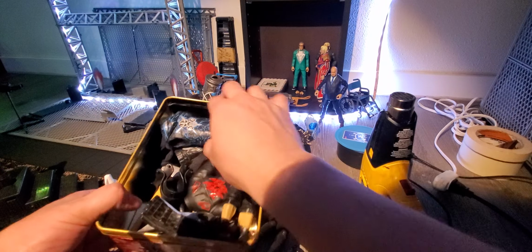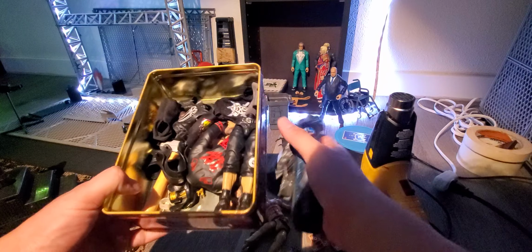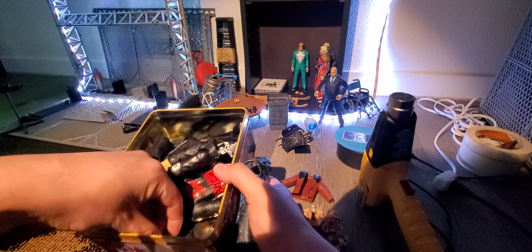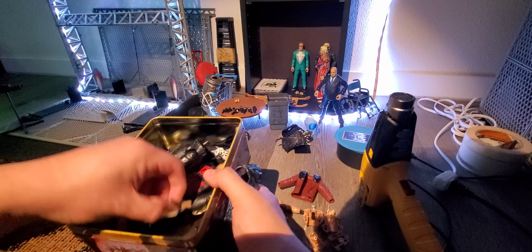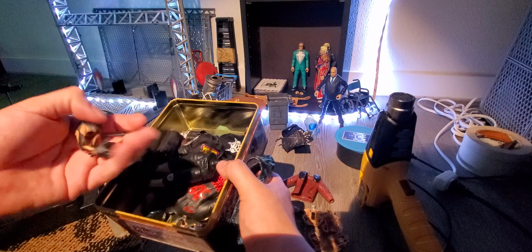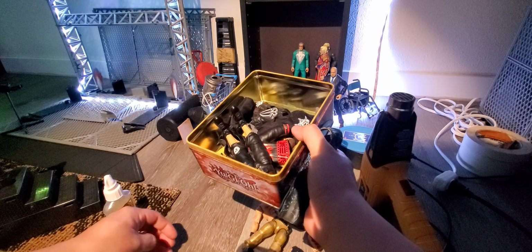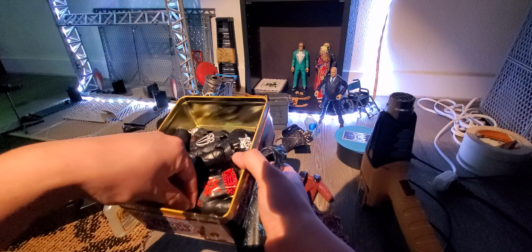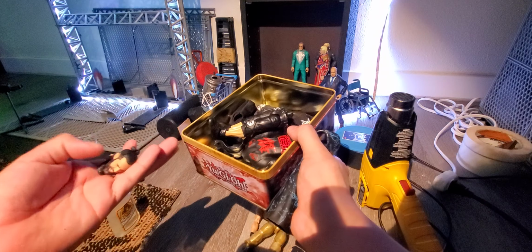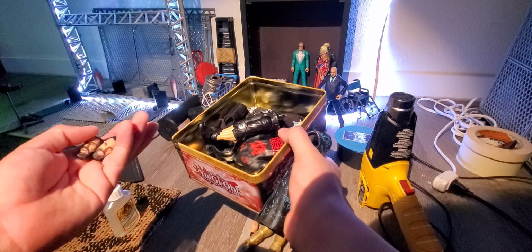But yeah, I have a bunch of stuff right here, these clothing and little accessories here and there. I also have the Rollins interchangeable hands right here for this Seth Rollins figure. And I do have an extra head. Actually, I have two extra heads. I don't remember which one is which. I think one came with the